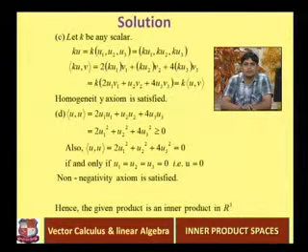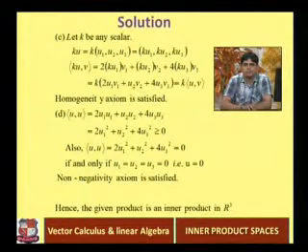Now write the inner product of ku comma v is equal to 2 times k u1, that is the first element of ku, into v1, that is the first element of v, plus k u2, that is the second element of ku, and v2, that is the second element of v, and plus 4 times k u3, that is the third element of ku, and v3, that is the third element of v, is equal to, we simplify this formula, we get